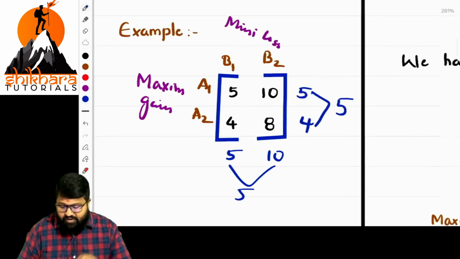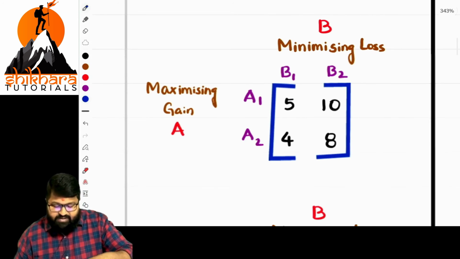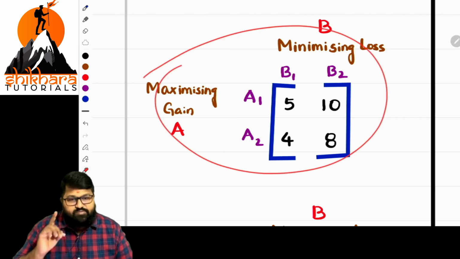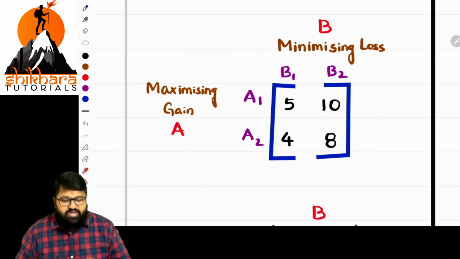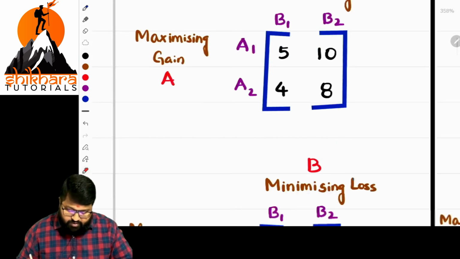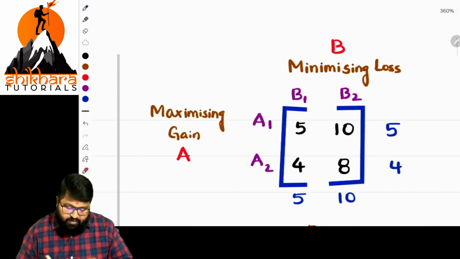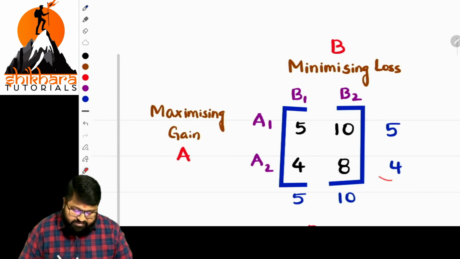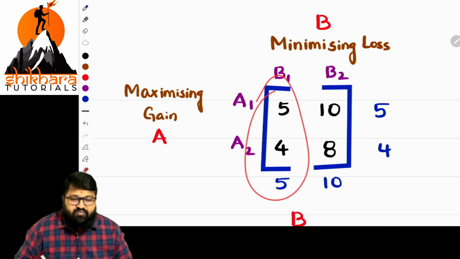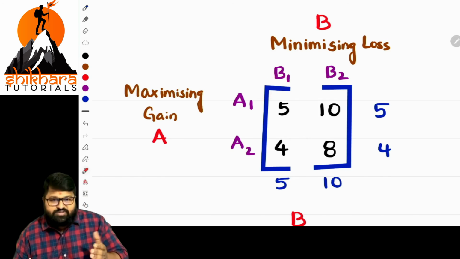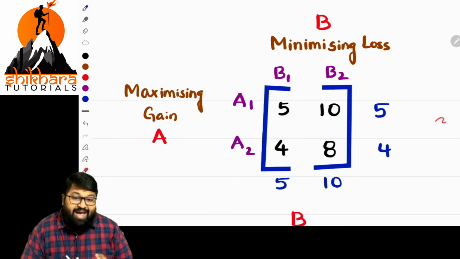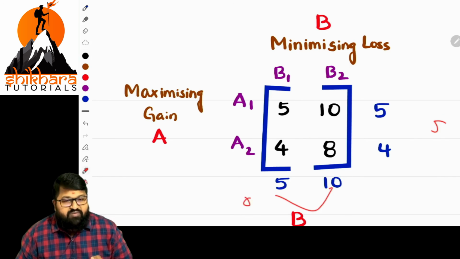Listen carefully. Basically, we are representing the matrix in a neat and tidy manner. This is the manner of representation, which is most important. Next, we have to find the least value for each row. This is the least value for this row, and this is the least value for this row. And from the column point of view, we are finding the highest value, the maximum loss. From these two, we have to identify the maximum value, and from these two, the minimum value.